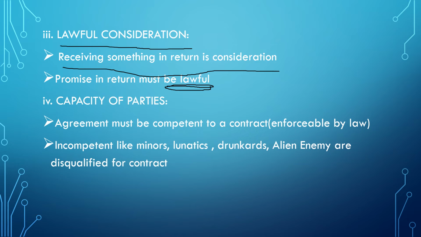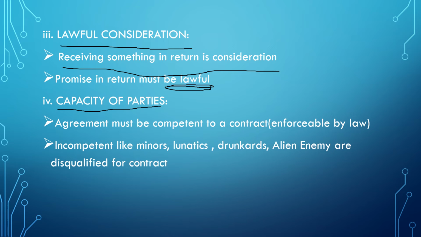And then the fourth one is capacity of parties. Capacity of parties is a most important thing for completing a legal contract. So when will the contract be invalid? Two parties, an offerer and an acceptance person, that is the agreement between them, must have obligations in an effective way for completing a contract.